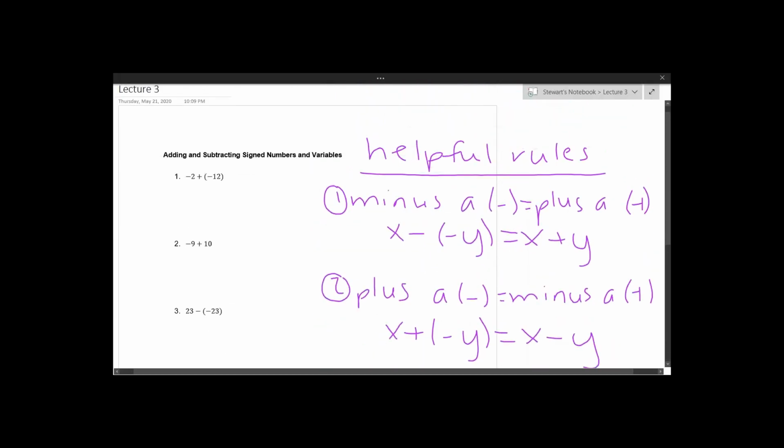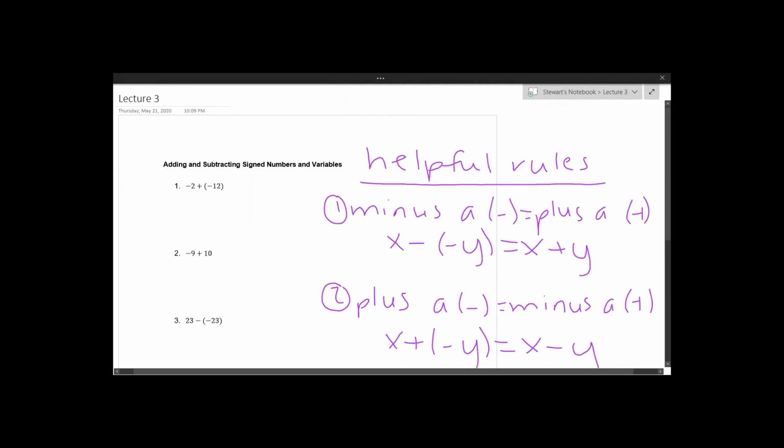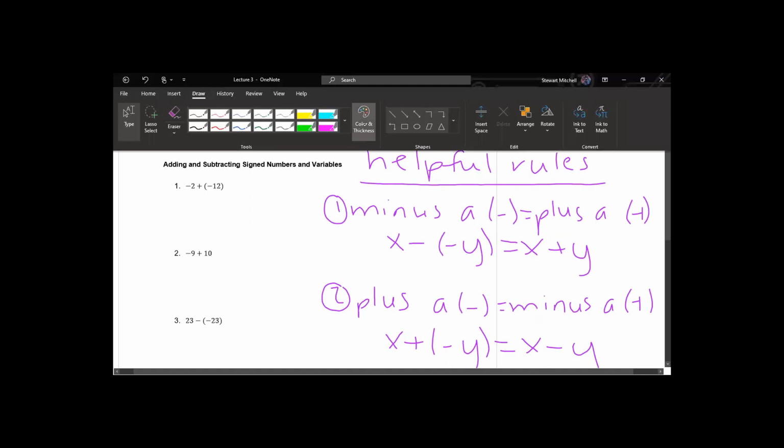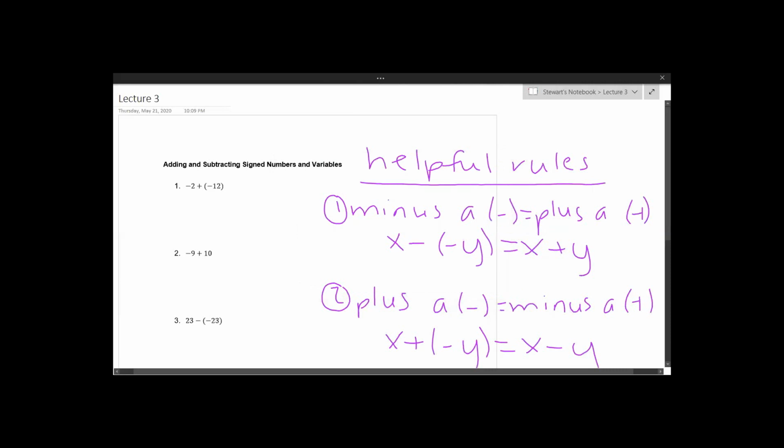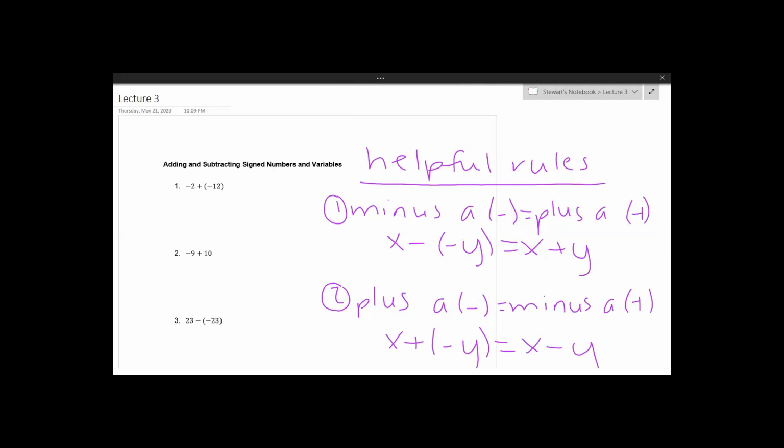And I want to see you all succeed, so I don't want that to happen. Okay, so let's go through these examples, keeping in mind the rules that we just went over. And a new color, of course, because that always makes things fun. In this one, you don't necessarily have to switch them because they're both negative. However, we can think of this where the plus and negative, because this one would go mostly towards this rule, plus a negative equals minus a positive, where we'd have